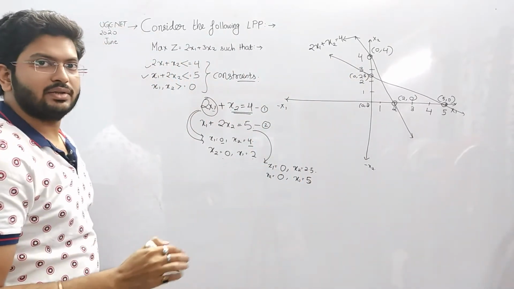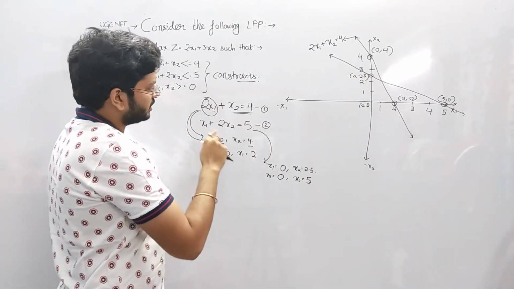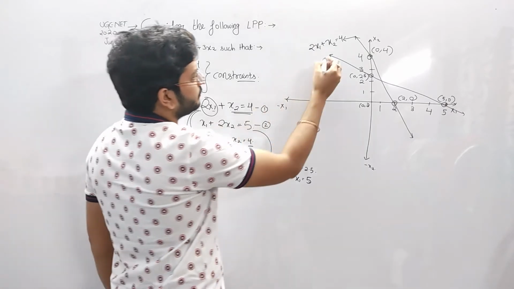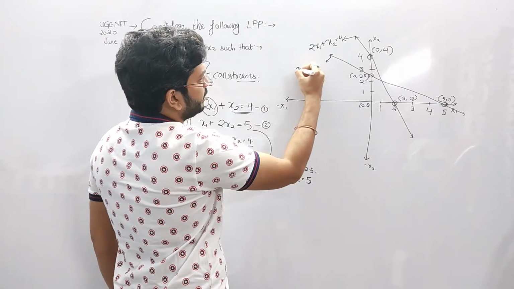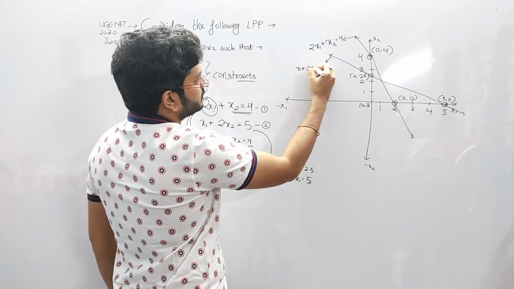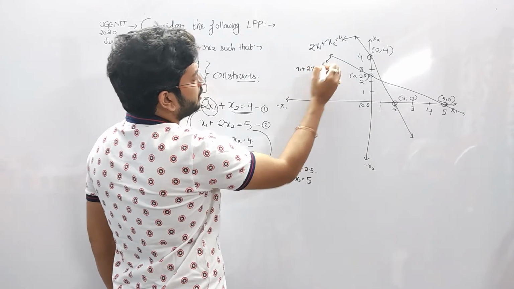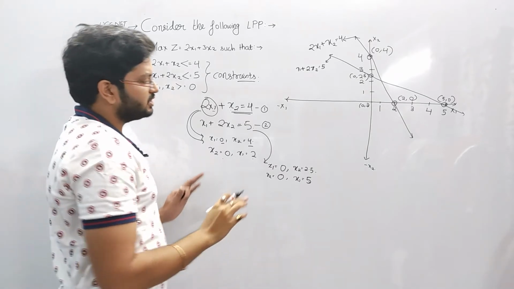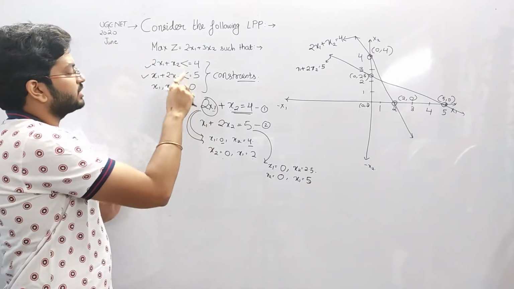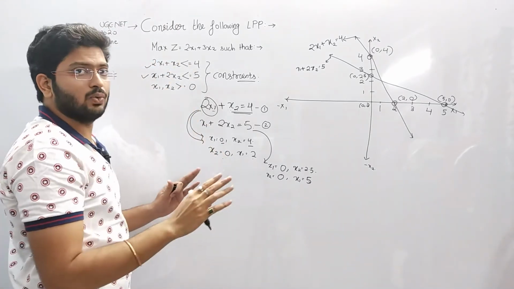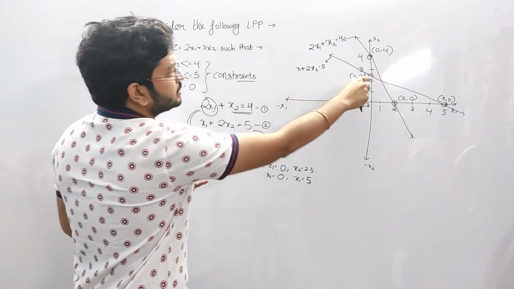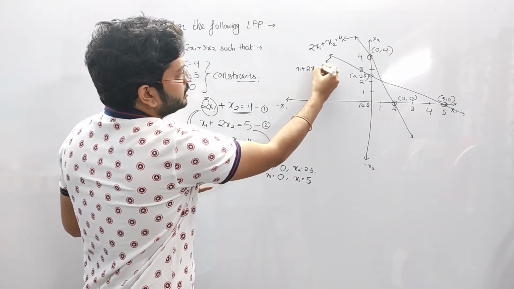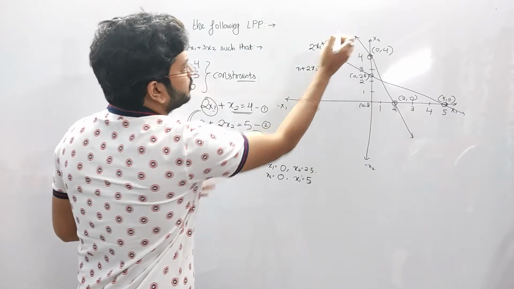Okay, now this line is for this equation, that is x1 plus 2x2 equal to 5. Okay, major part we have completed. Now comes the real picture, that is using the constraints. We have plotted it for equal to. This line is for the case of equal to.